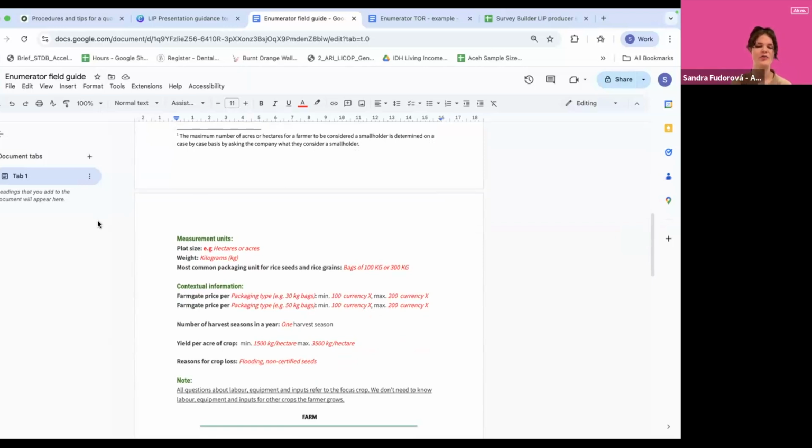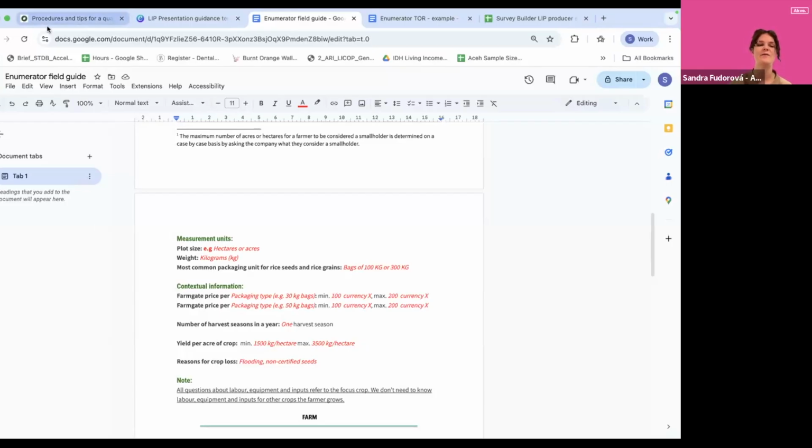And it's really important to stress also that these sheets are supposed to be used as supplementary materials, that they are not meant to be used to tell farmers what the answers should be. They are just there to help enumerators probe as efficiently as they can once they are already in the field. So this is an example of another material that you have a template for and that you can further tailor to fit your context and to be the most helpful to you.